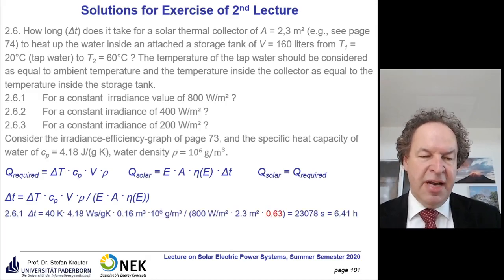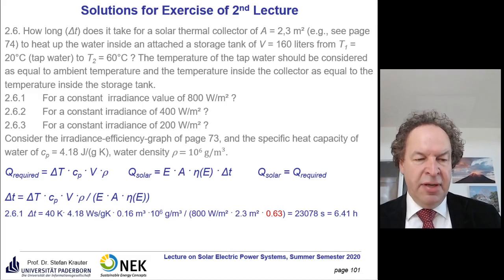And if you put in the numbers, from chapter 261, we have a temperature difference of 40 Kelvin, and the thermal capacity of 4.18 joule, which can also be translated in watt seconds per gram Kelvin. And we have